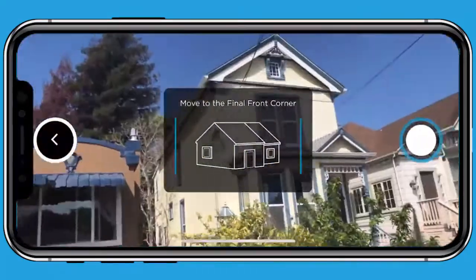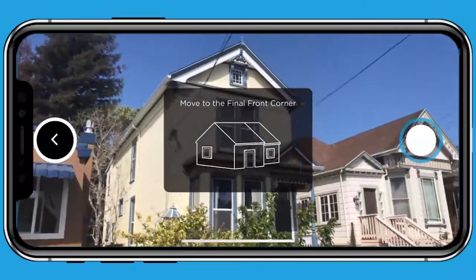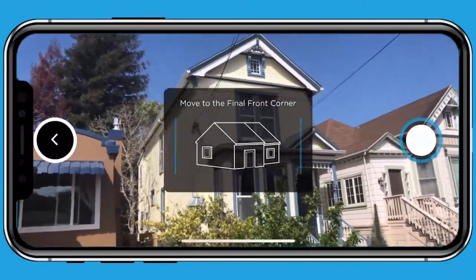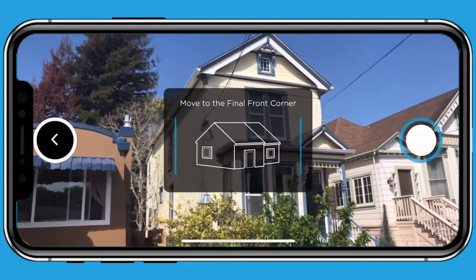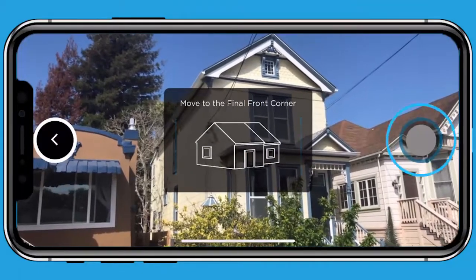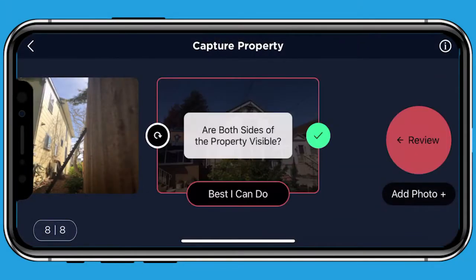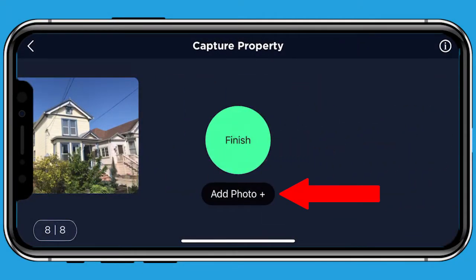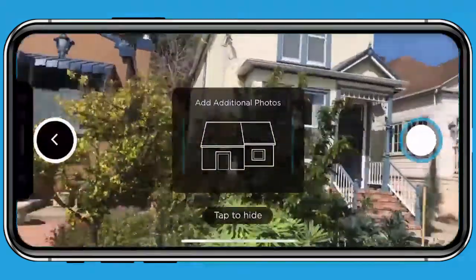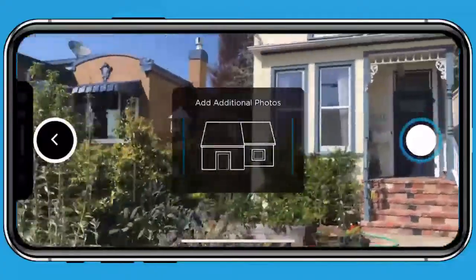And it actually looks like I can get the full structure in frame holding the phone in landscape mode at this angle, so I'm going to go ahead and do that. And another thing you can do is you can add additional photos if you feel like they'd help. In this case, I'm not sure how much this photo will help, but I'm going to give it a shot